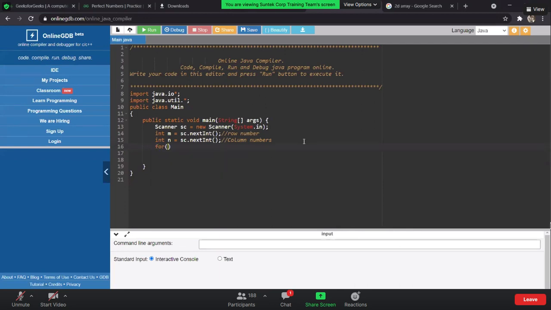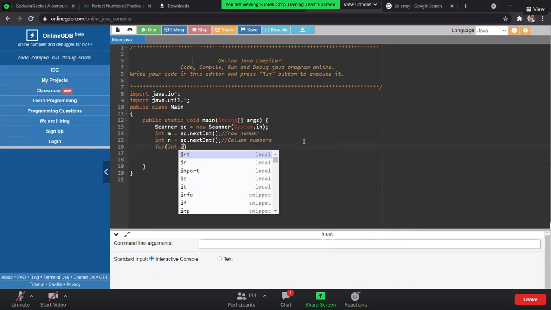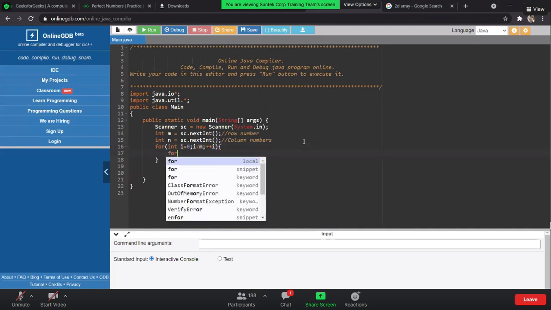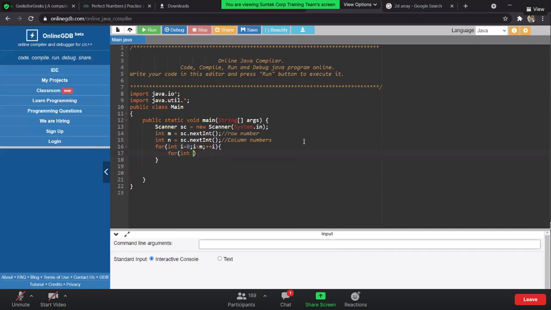So what I am going to do is I will iterate from 0 to the length n, or maybe till m, i plus plus, right? For j equal to 0, j should be less than n, plus plus j, right? Then after that, what I need to do is if i is equal to 0 or j is equal to 0,